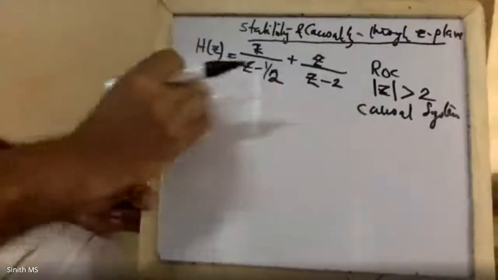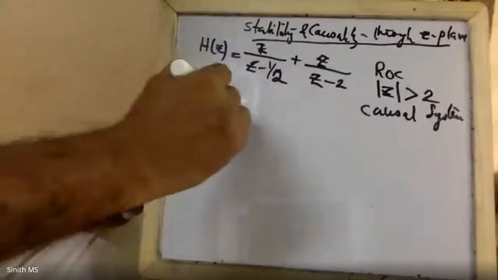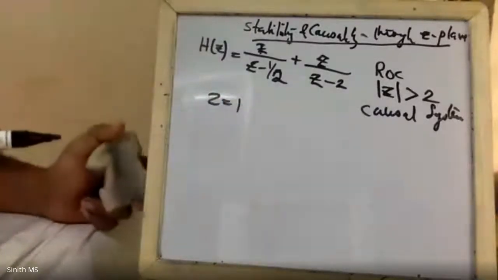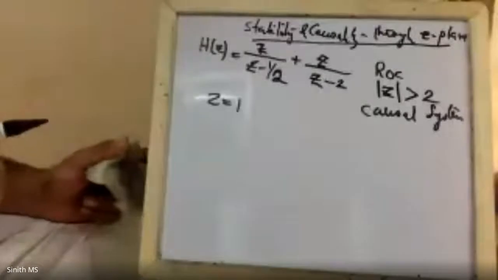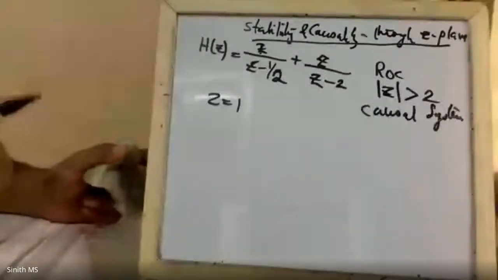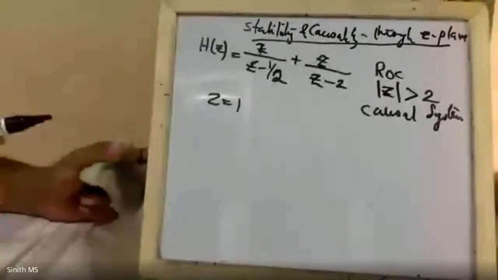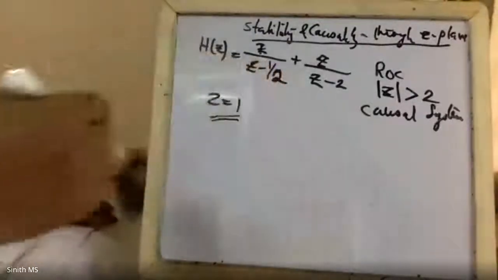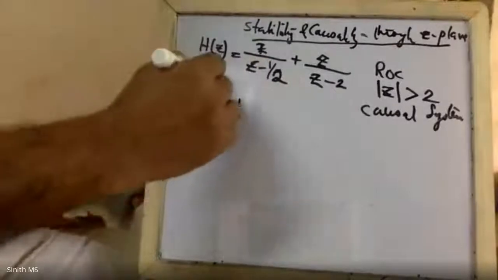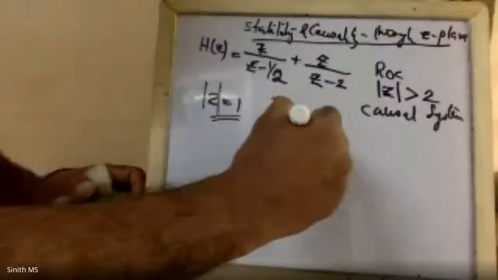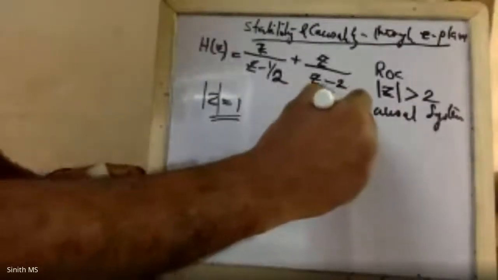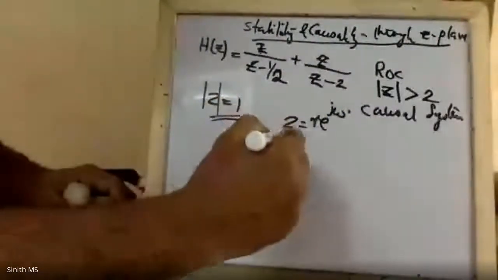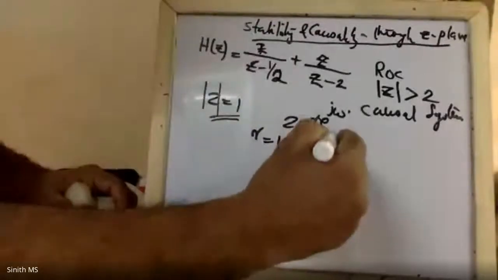What is the peculiarity of the |z| equal to 1 circle? I shall repeat. You can tell that a system with H(z) given is stable if the region of convergence contains the |z| equal to 1 plane. What is the peculiarity of |z| equal to 1? z is basically r e raised to j omega. So when r is equal to 1, this becomes e raised to j omega,